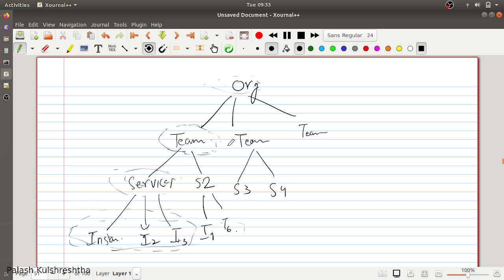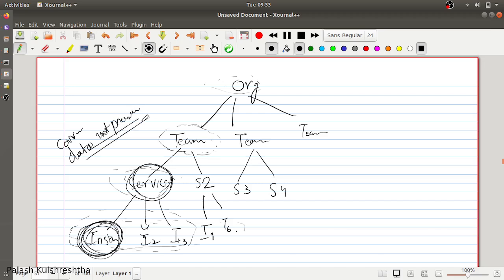So in summary, you need some fallback mechanisms when the configuration has been corrupted. For example, if the instance level configuration of a particular instance has been corrupted, you can pick the service level configuration for that instance. So in case of corruption or data not present, you can pick a hierarchy of configurations.